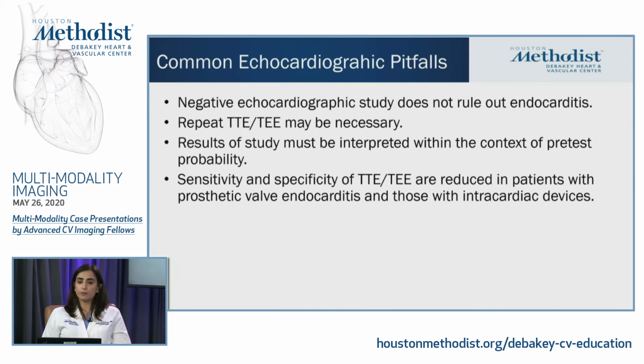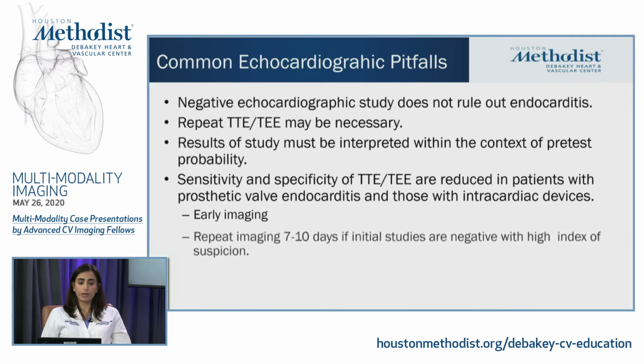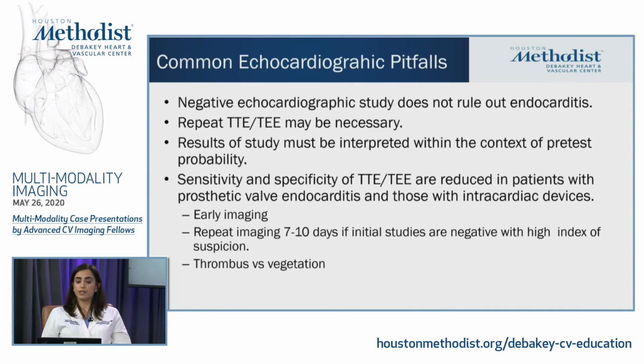So with every imaging modality, there are common pitfalls. There's nothing that's 100% in life, obviously, and so is imaging. A negative echo does not rule out endocarditis. So repeat imaging, TTE and TEE may be necessary, and it really is individualized depending on the context of the pretest probability. The sensitivity and specificity of both TTE and TEE are reduced in prosthetic valve endocarditis and those with intracardiac devices. So early imaging, repeat imaging per the guidelines, delineating thrombus from vegetations can be super tricky at times,